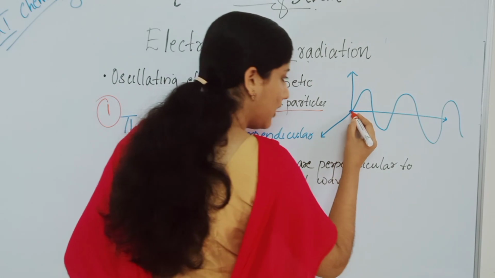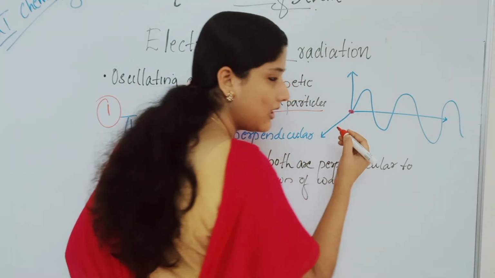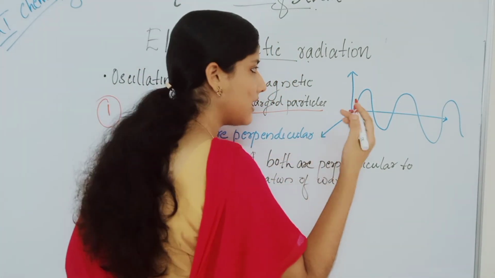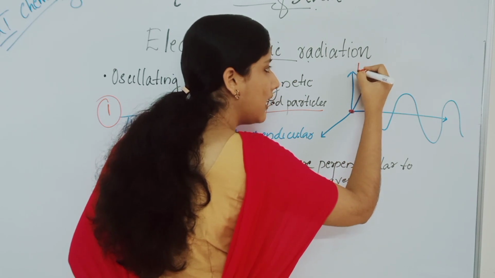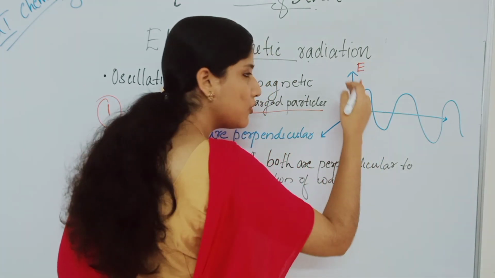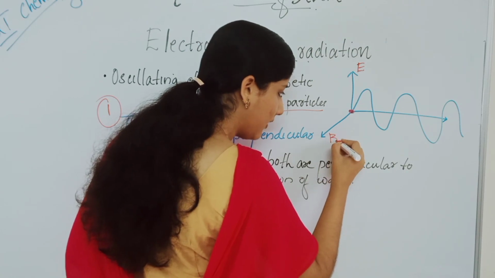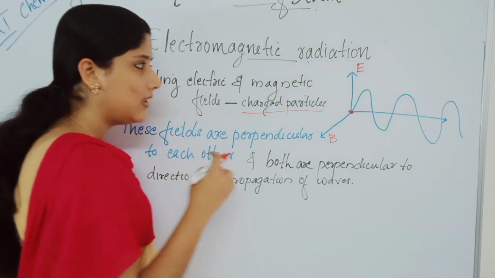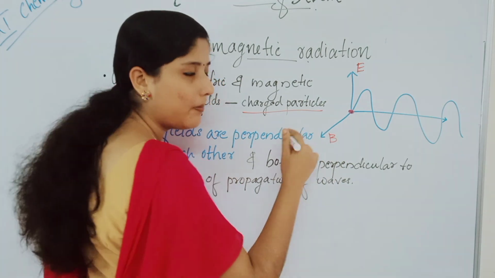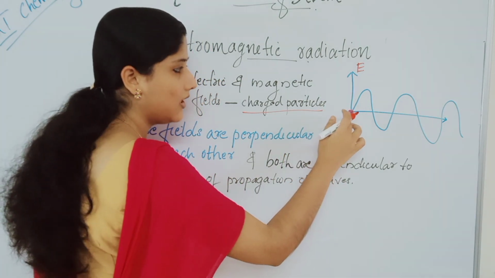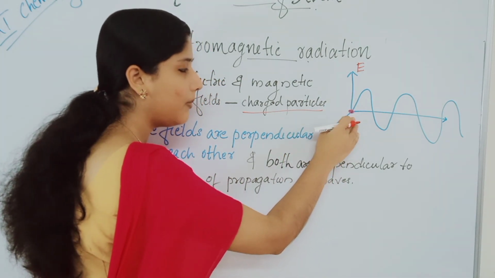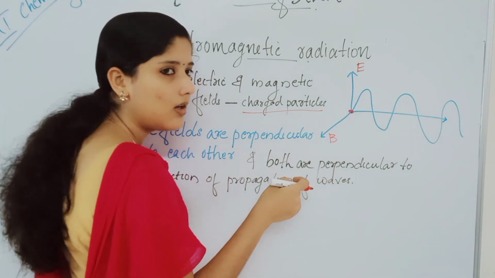Just look here, a charged particle kept under acceleration. A moving charged particle will produce both an electric field and also a magnetic field, which we can represent as B. They will both be mutually perpendicular to each other, and the field will also be perpendicular to the